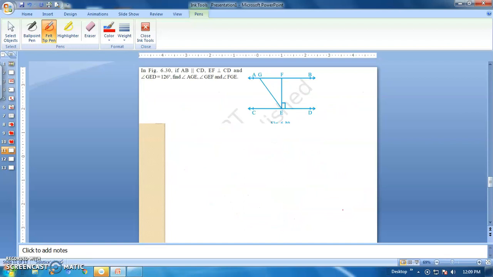In the figure, AB is parallel to CD, given. And angle GED equal to 126. So GED, that is this full angle, equal to 126. But this GED is the sum of the two angles, this one and this one. That is, GED equal to the sum of the angles GEF